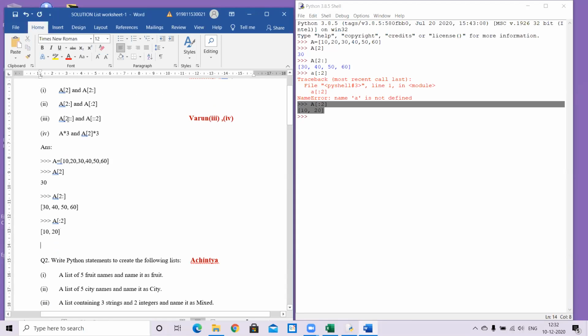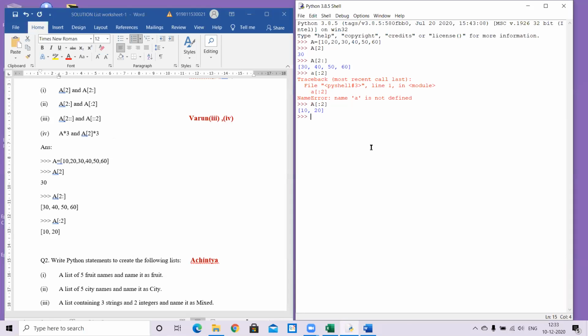A2 colon colon means again 2 is the index, the beginning index, and nothing else is given to us. So second onwards, everything will be displayed. Two colons will also give me the same output as 2 single colon, because the second colon is optional.